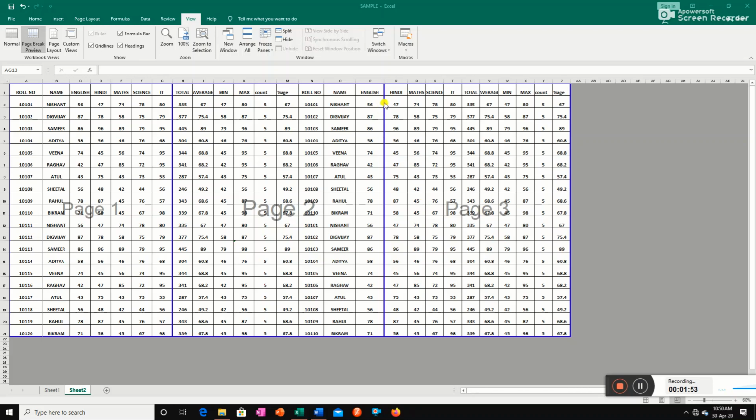Suppose you want to shift this page break to your left, then you will see this is the automatic page break. Automatic page breaks are depicted by a dashed pattern, whereas manual page breaks are depicted by a solid line pattern. So this dark line is called the solid line.